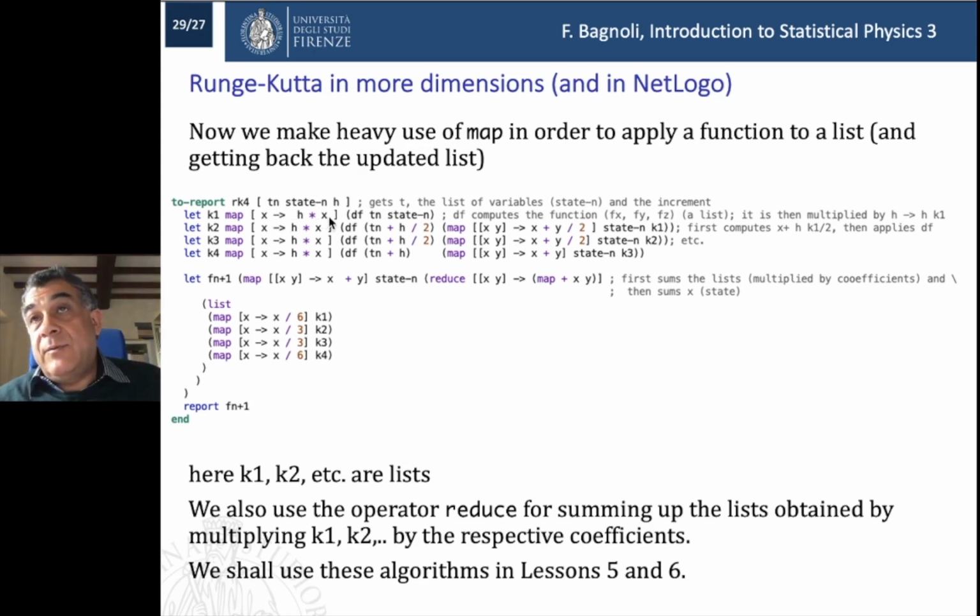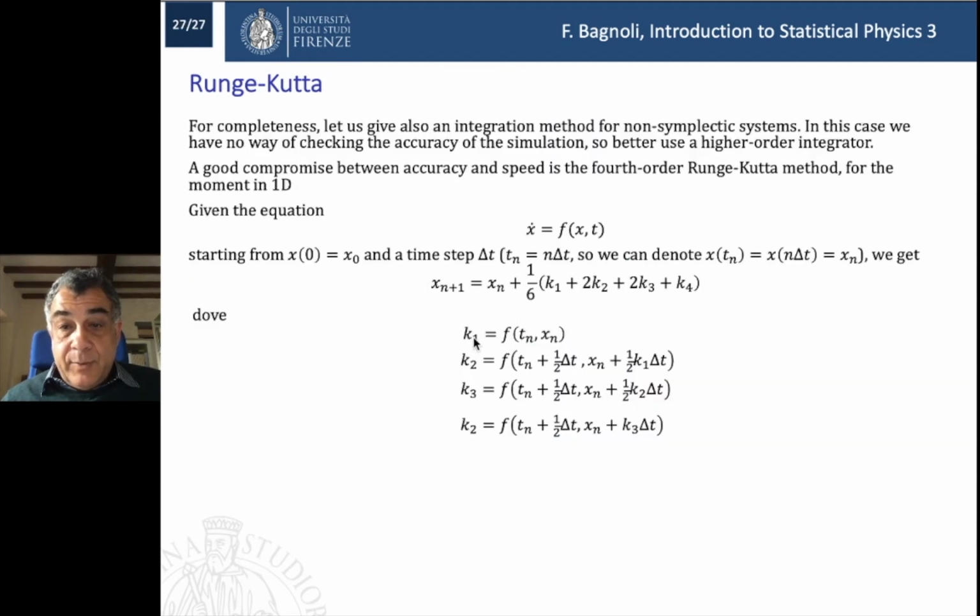So it is essentially multiplication of the list by h. And this is stored into K1. Then I repeat this map, and so I get the four elements that compose a